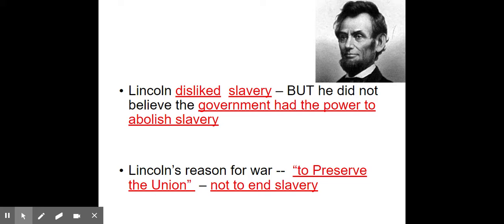Now that's going to change as the war goes on. So in the beginning, you've got to understand he's anti-slavery. He doesn't think the government gives him the power to do anything about it, and he's very much concerned about holding the country together. As the war goes on,